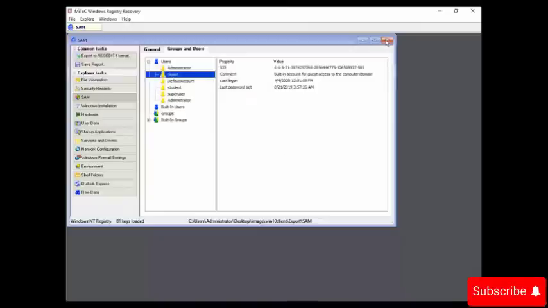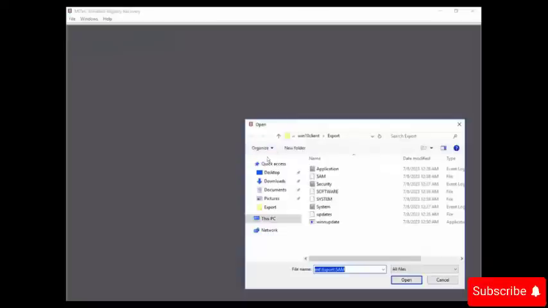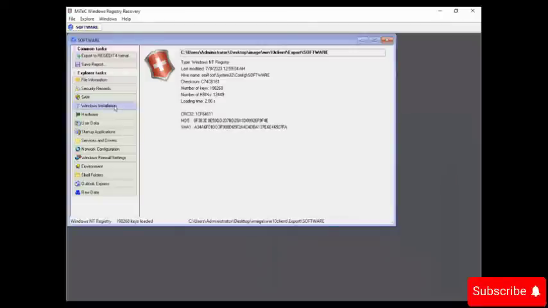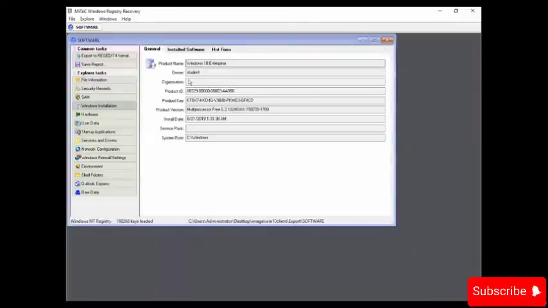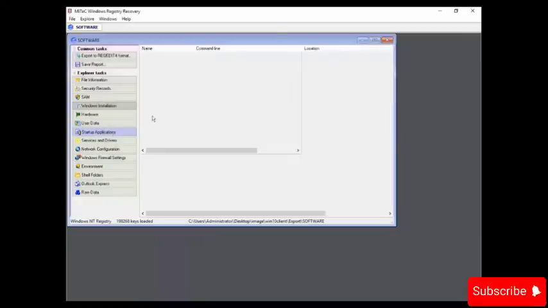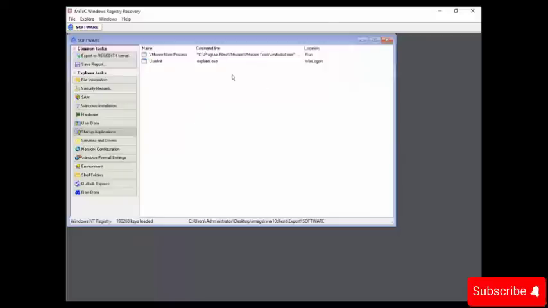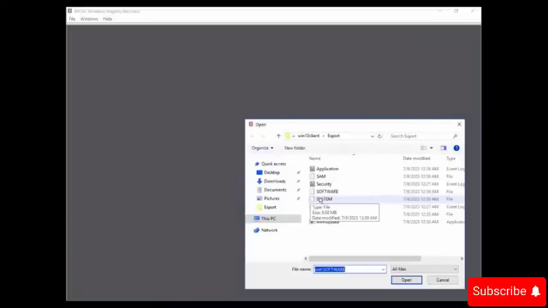Now let me close it and let's open the another file. So open. This time we will open the software. Select Windows installation and look for system install date. Okay. Now click on startup applications and you can view the additional information here. Let me close the file. Now let's open the system file